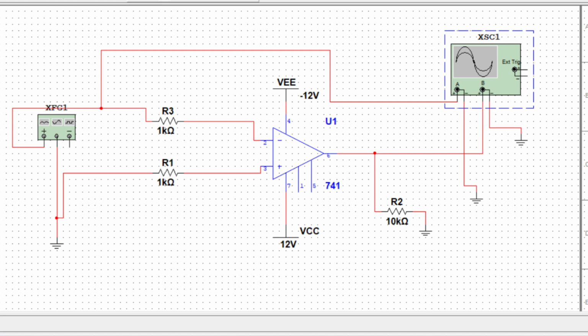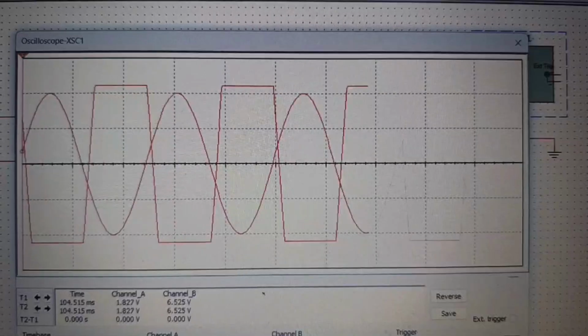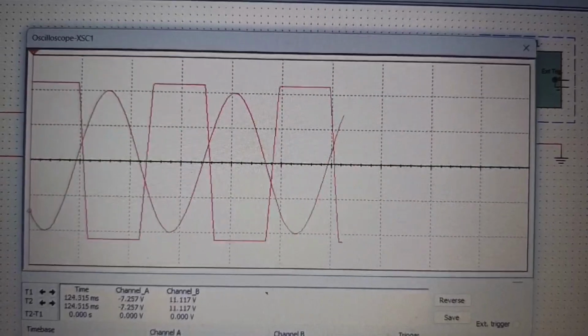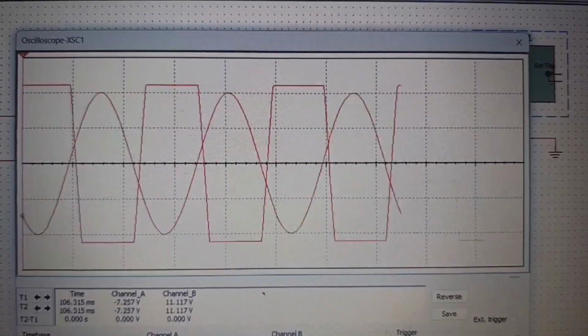So this setup is useful for waveform shaping. It takes a smooth AC signal and converts it into a square wave. Square waves are commonly used in digital circuits and are easier to interpret by digital components. A comparator like this can be used in applications such as zero crossing detectors and signal processing. Now let's move on to the simulation results displayed on the oscilloscope.